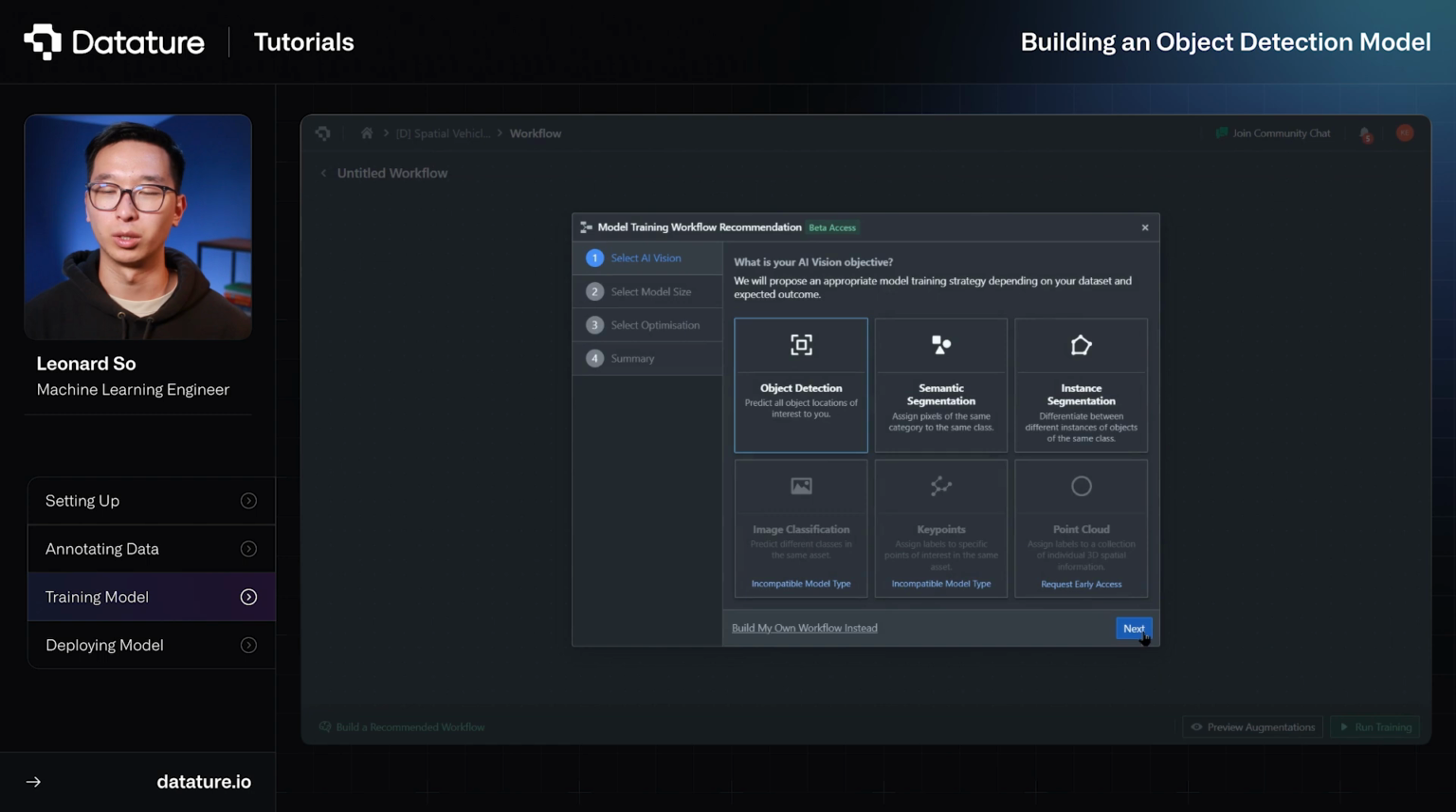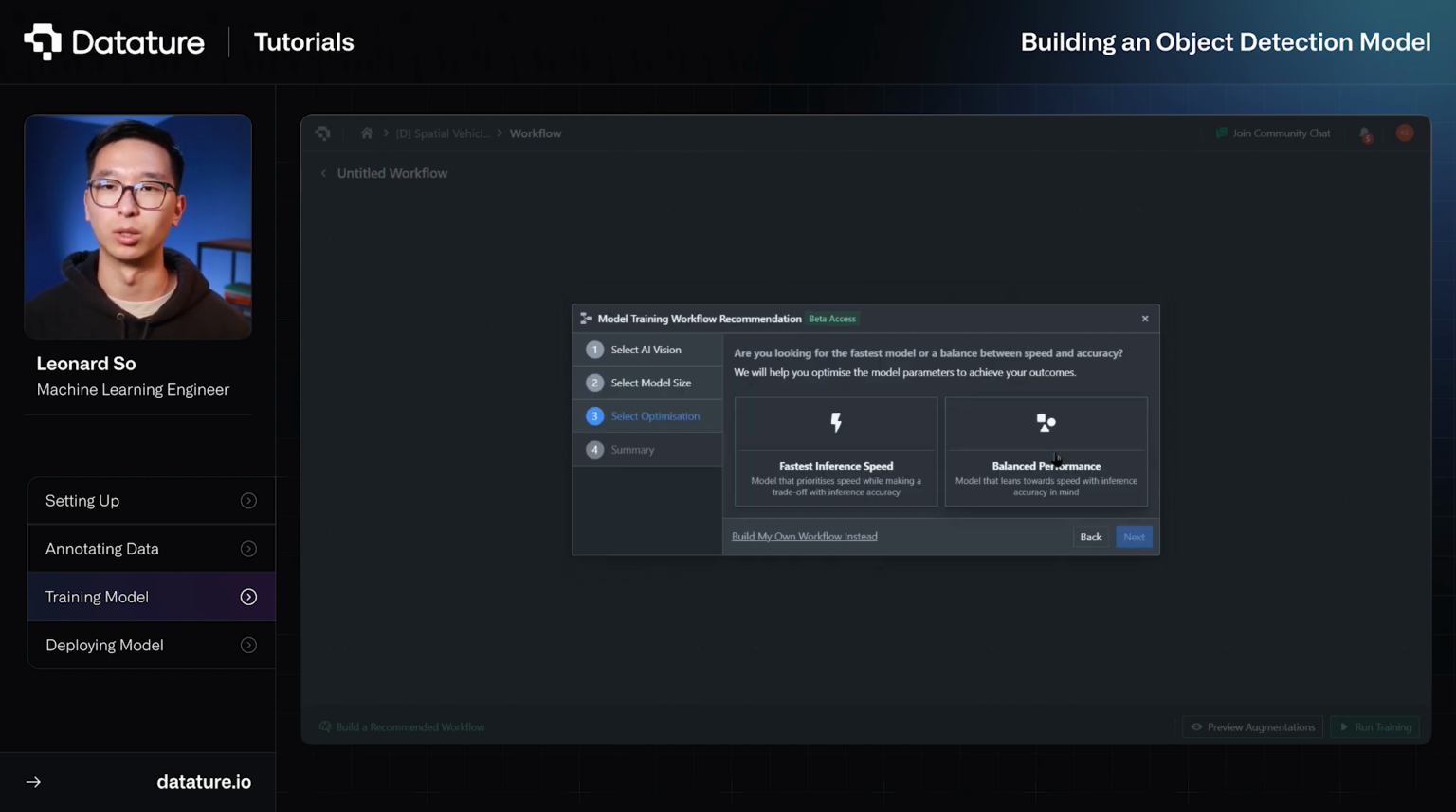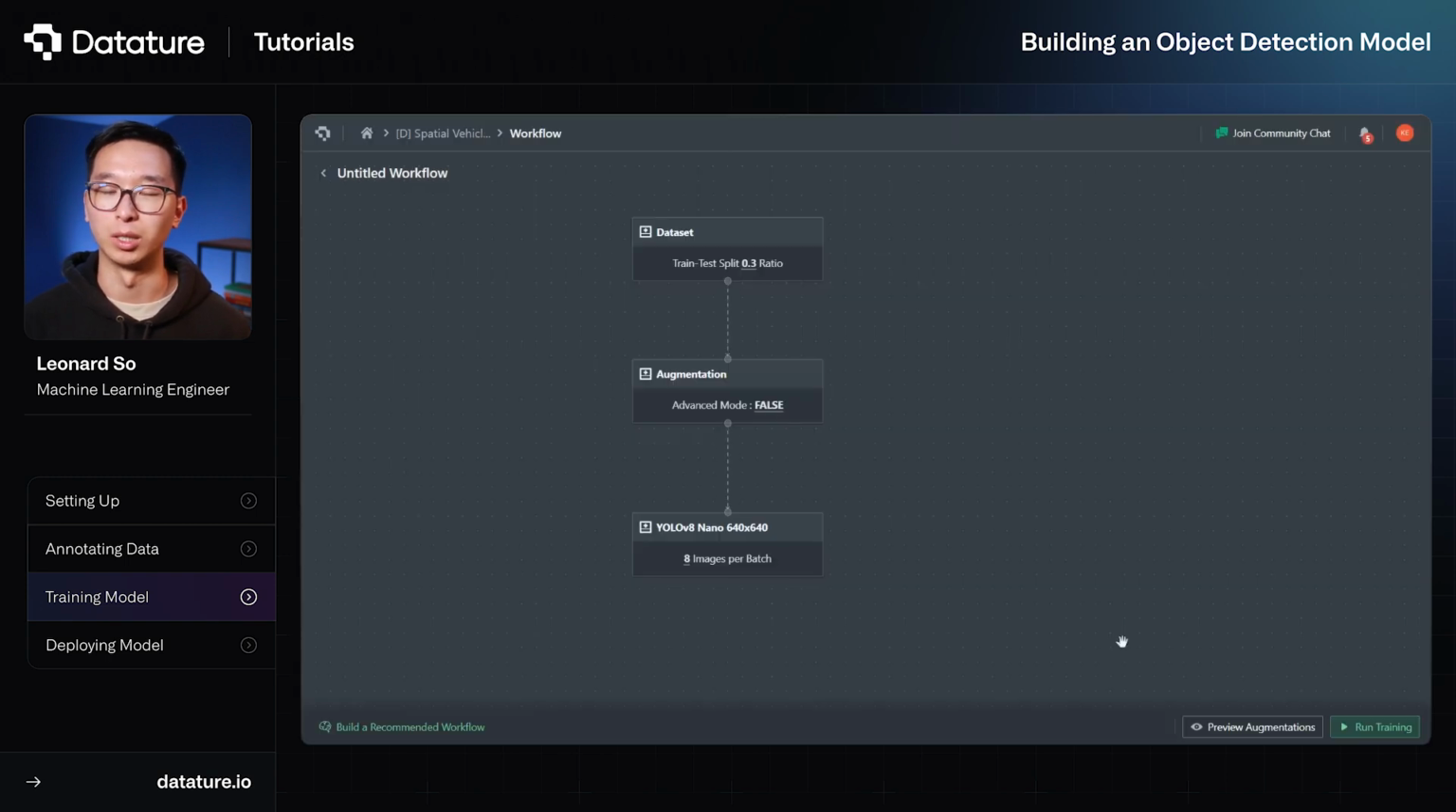And then for model size, we want to opt for a smaller model, as we'll have to process many images from this aerial dataset. So we want something that is more portable and more capable of processing many images at a time. With that in mind, we'll also be opting for balanced performance, as these objects are quite small, so we don't want the model to not be able to pick up any objects, and so we still want to maintain some level of accuracy. Once we have a workflow set up, we'll want to go in and edit the various hyperparameters